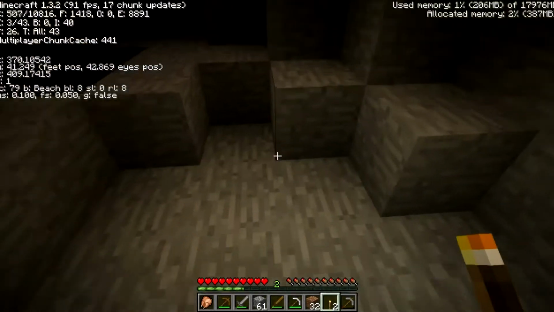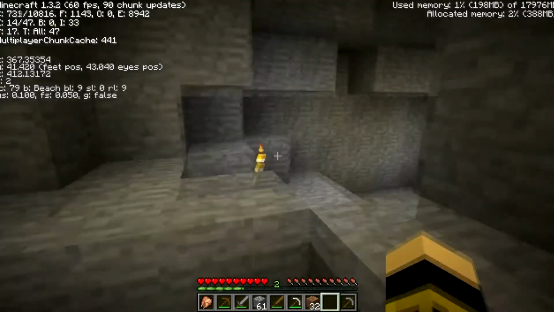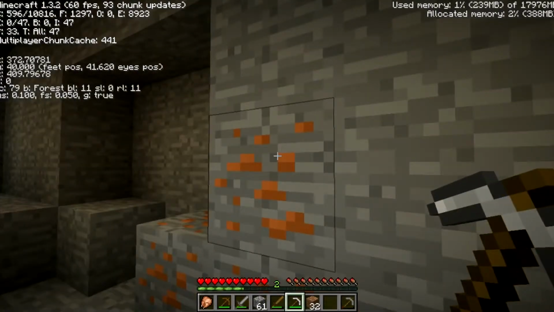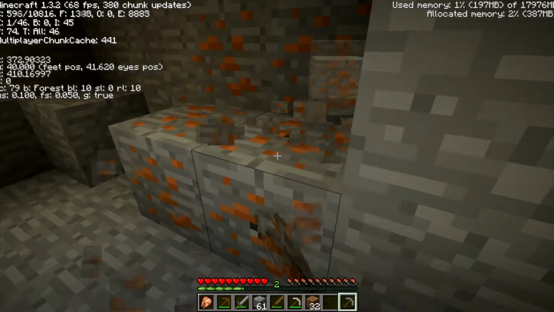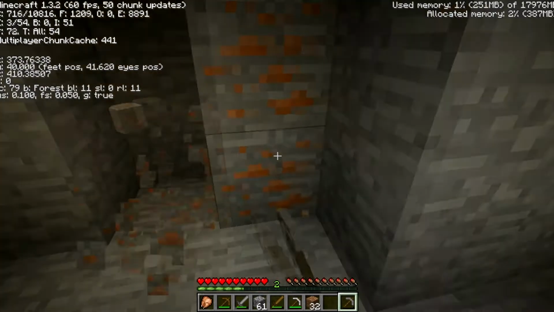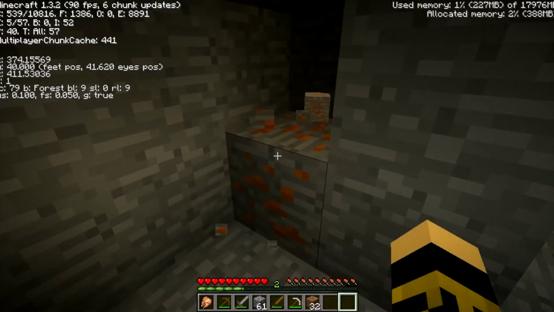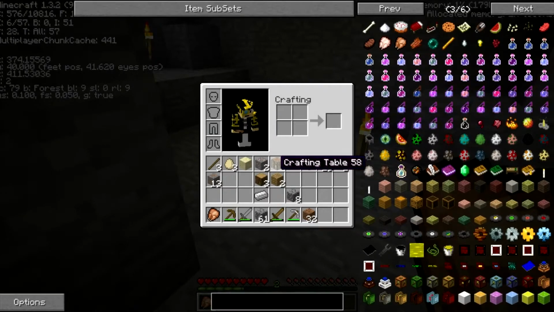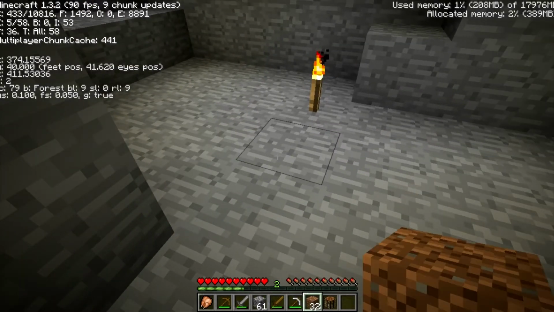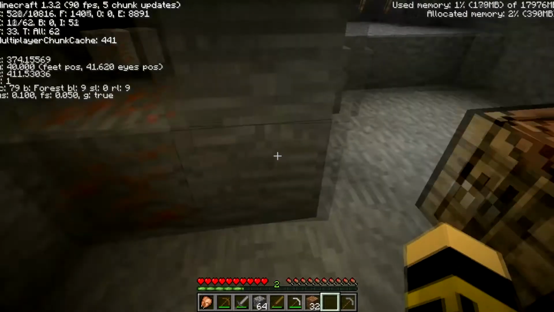Now, let's see if I can find some coal, because that's kind of a priority right now. I need coal because I just ran out of probably all my torches, and I don't like mining in the dark, especially when I heard an Enderman around here, but that's no problem. And yeah, let's set up my crafting table, probably craft a handful of stone pickaxes. I can actually only craft one more, so...